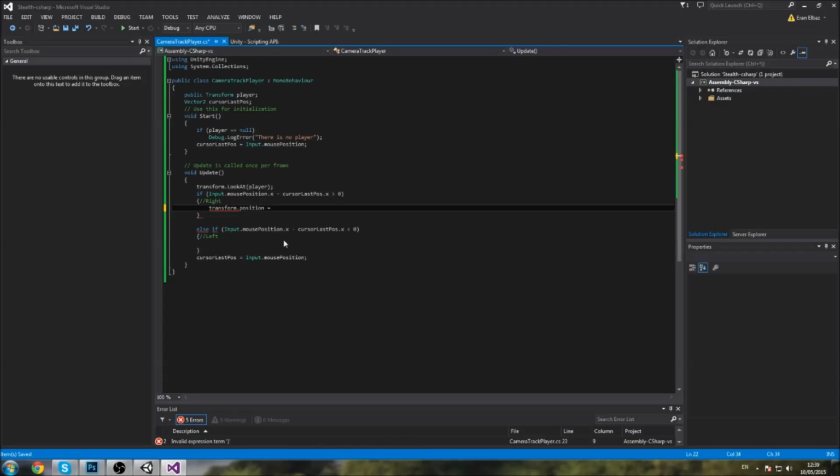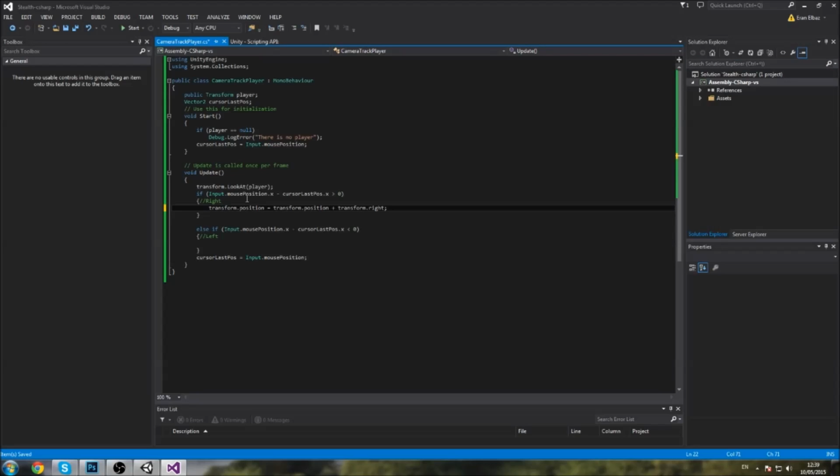So transform.position equals transform.position plus transform.right. We're defining again the transform.position, and we say it's still the transform but with right. Right is not going to be all the time, let's say, (1, 0, 0). It might be like this or like this. It's changing with the rotation of our game object. And this is what we want to do, because